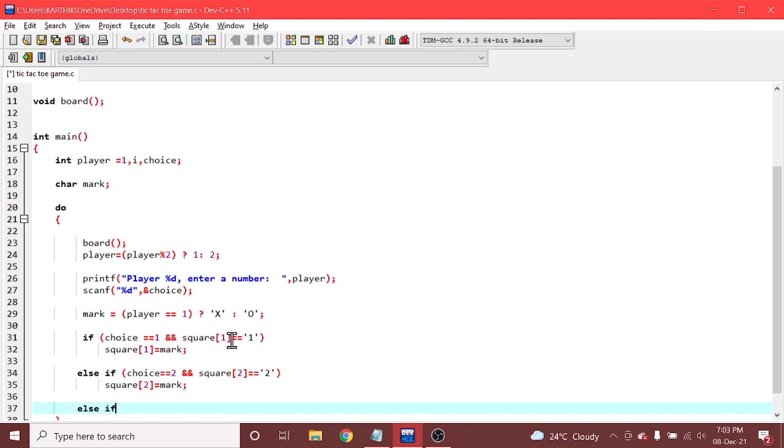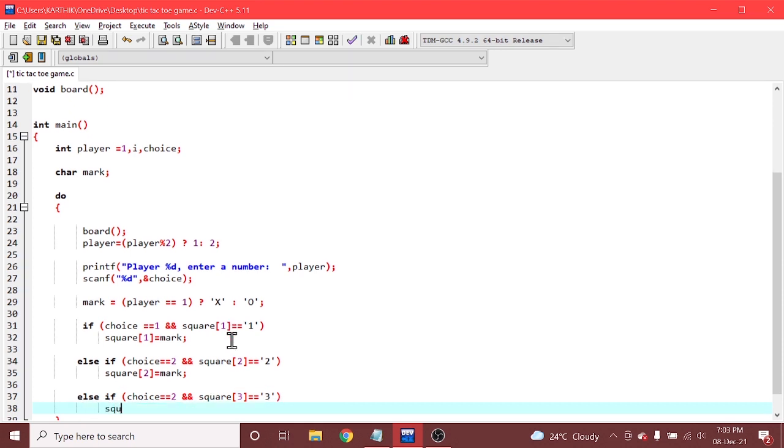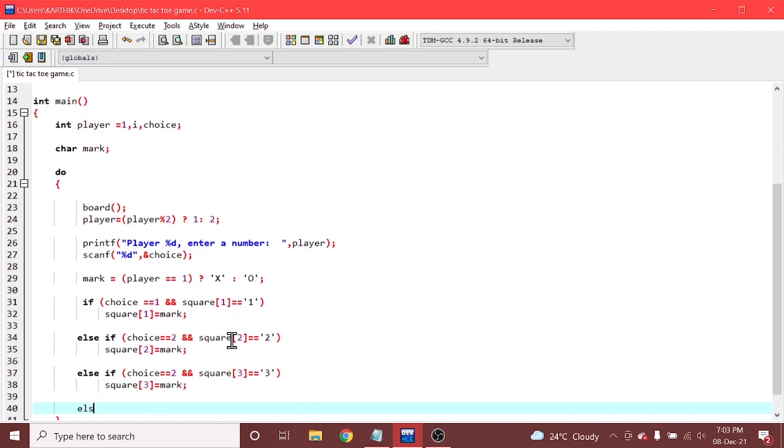Again taking an else if case, choice is equal to 3 and square of 3 is equal to 3. Then you say square of 3 is equal to your mark. Again taking an else if case, choice is equal to 4 and square of 4 is equal to 4.